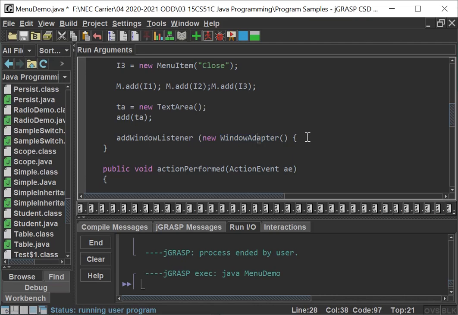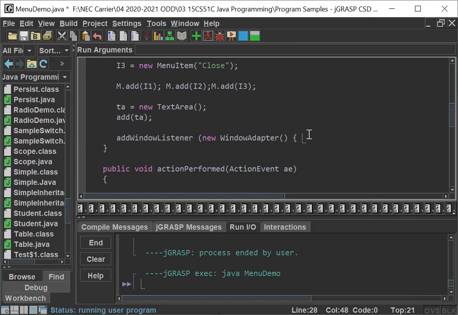This procedure is called anonymous class. Most probably it may be asked in many interviews. I found that in Hexaware this question has been asked of your seniors. So this is exactly the concept of anonymous class.